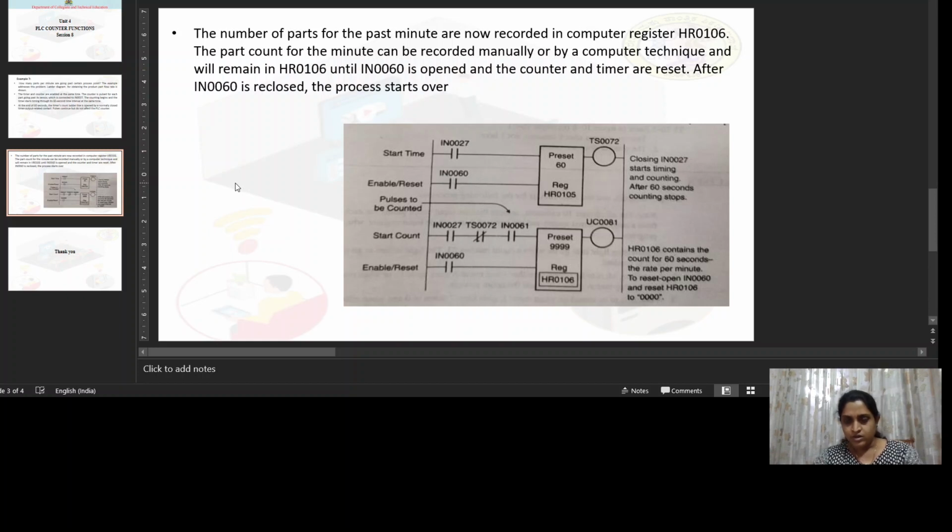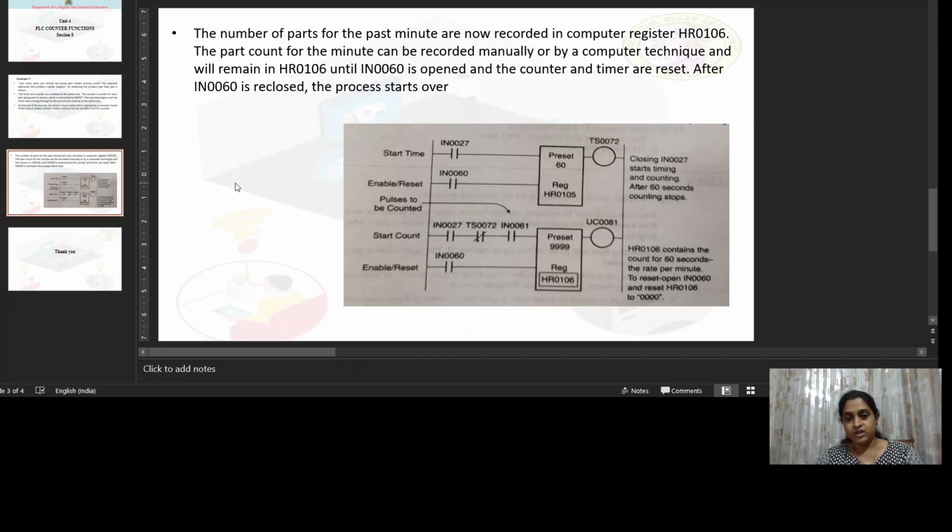Here, in the first line, we are using a timer, and the preset value is programmed as 60 seconds, which is equal to 1 minute. And the present time is stored in the register HR105.